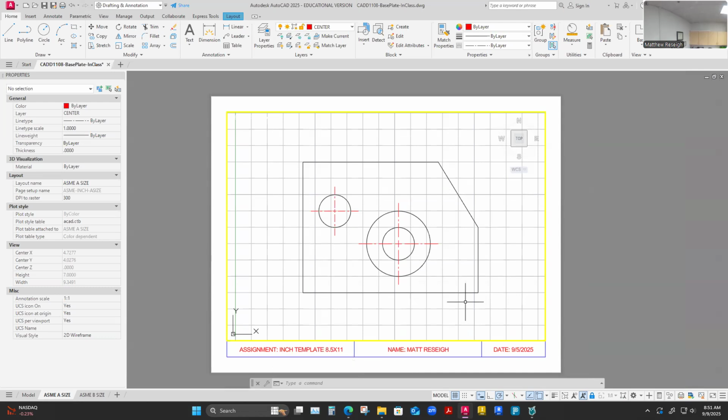I always wait and do my line type scale adjustments at the very end. Like on a normal object, I might have multiple views. I might have a bunch of dimensioning going on. I will have brought into my paper and adjusted my viewport to show everything. And in order to show everything, I may have had to make an adjustment to the actual scale. Like say 1-to-1 didn't fit. I maybe would have had to adjust the size to fit on my paper. So I do all that first, and then at the very end, before I make my PDF,